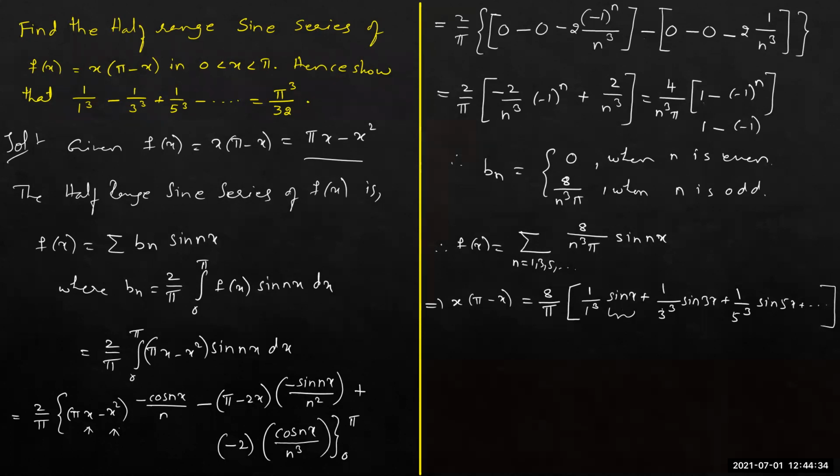Not only that, along with this 1 by 3 cube, we have a negative sign. And here in the product, for 1 by 3 cube, we have sine 3x. For whatever value of x we get sine x as 1, for the same value of x we should get sine 3x as minus 1. So we need one value of x for which sine x is positive and sine 3x is negative. Then again sine 5x is positive. We need to find one such value.